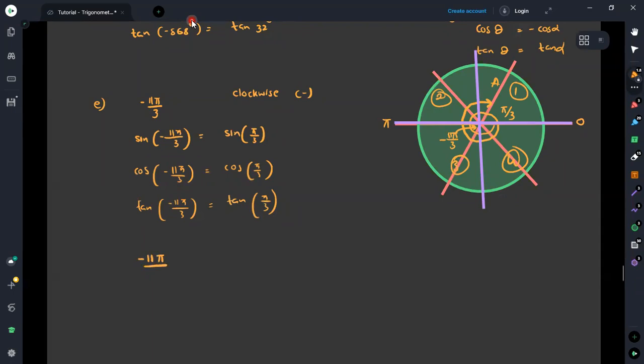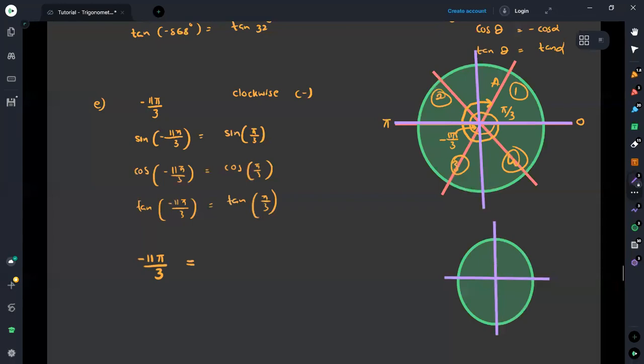Here we know that we are having 11 times π over 3. If you can write this in terms of this π, think about this quadrant rule. Suppose that you are having the quadrants in this way. If you are starting from 0 and coming to this point, we have the value π. Then another round, if it is completed, it is 2π. Then if you complete another half, it would be 3π. Here this would be 4π. Then it is 5 times π.